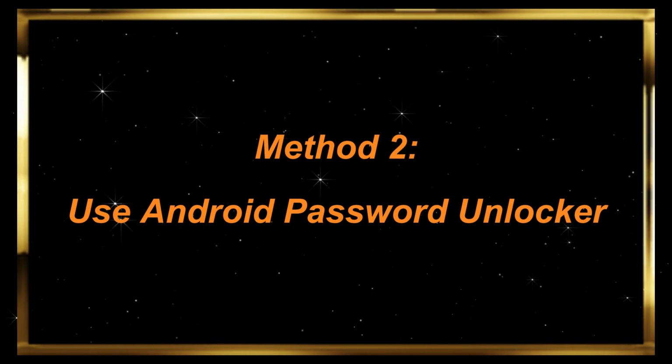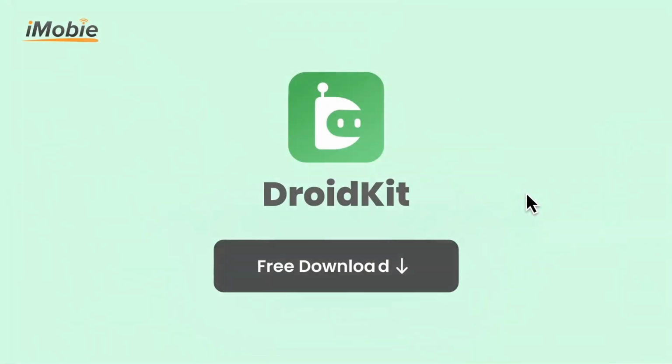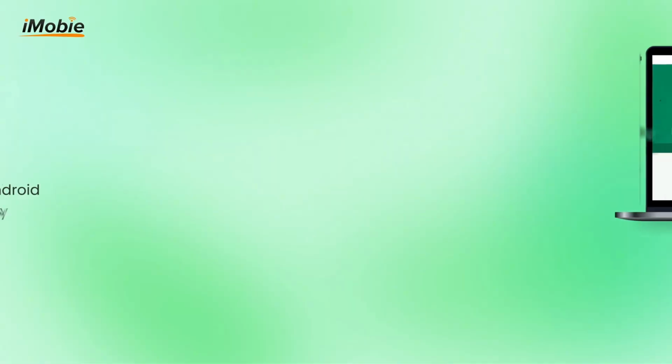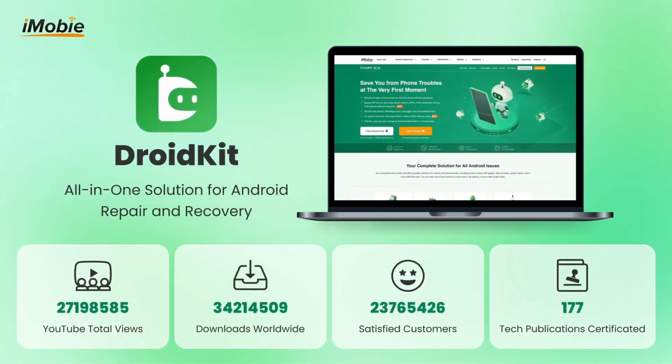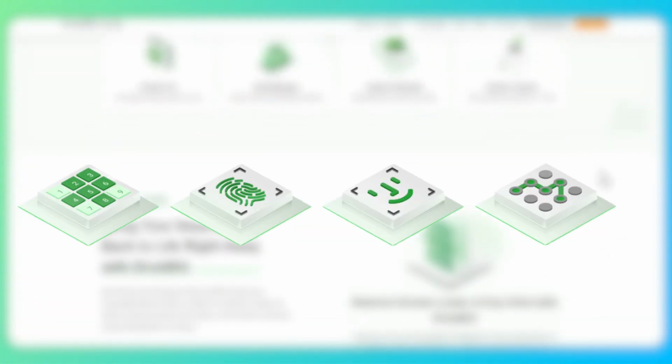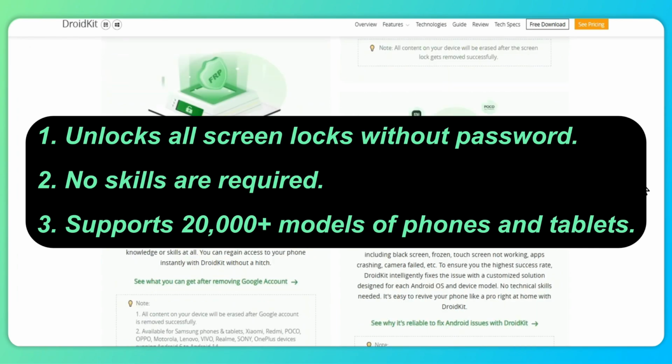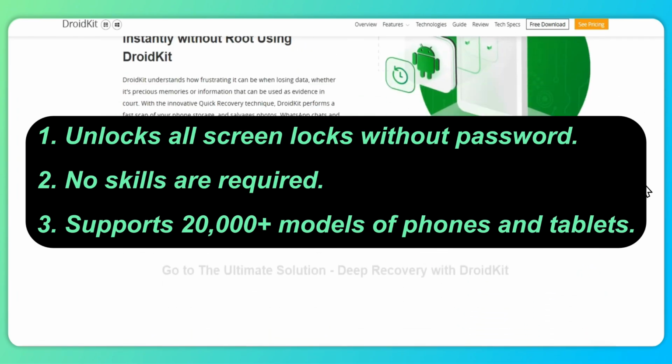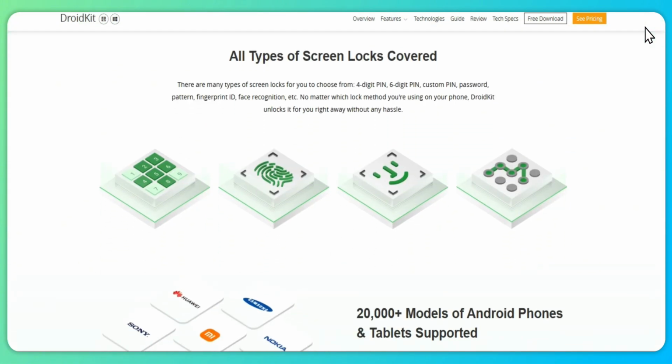Method 2. Use Android Password Unlocker. The easiest and fastest way is to use a professional Android screen unlocker, such as iMobie DroidKit, Android Phone Toolkit. It can effectively remove all kinds of screen locks, from facial recognition and fingerprint IDs to patterns and pins, all without rooting your device. The program supports over 20,000 Android models and offers an easy way to unlock locked mobile